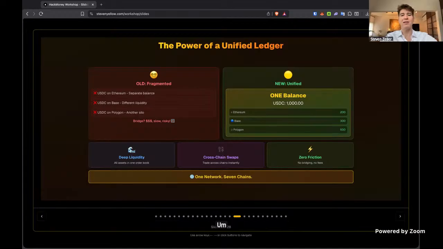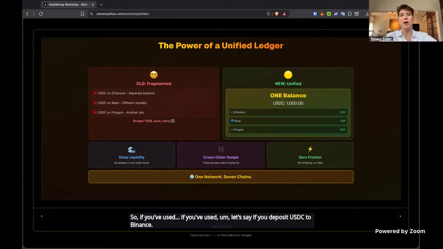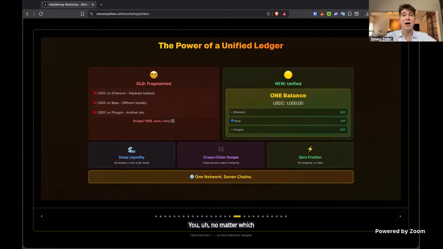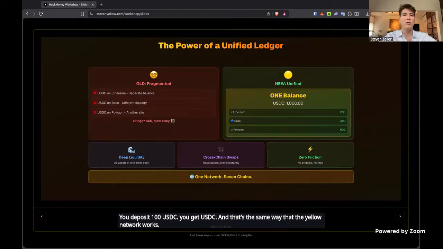And then on top of that, Yellow provides a unified ledger. So if you deposit USDC to Binance, no matter which chain you deposit on, Binance credits you with USDC. You deposit 100 USDC, you get USDC. And that's the same way that the Yellow network works. You get a unified balance.